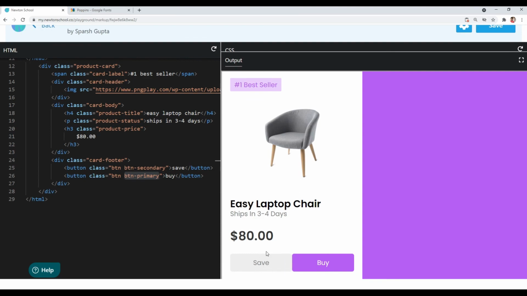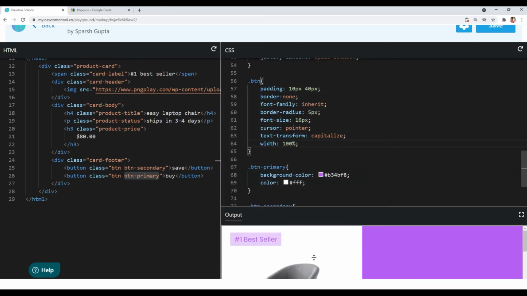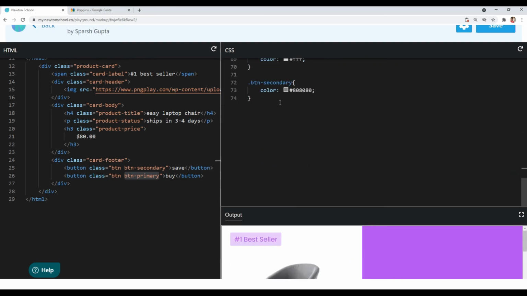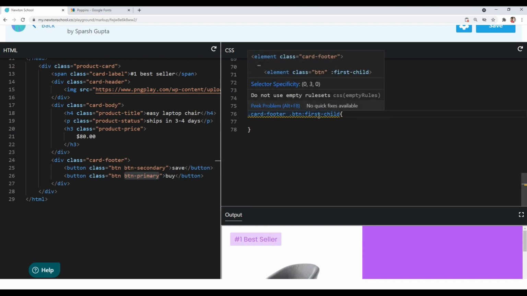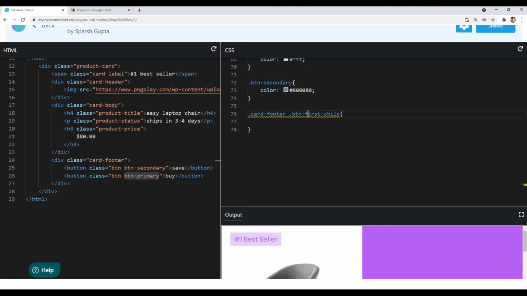So we will target our save button, that is our first element. So let's target our save button or first element. With this selector we are basically targeting our first button. This selector basically is for selecting the first child.